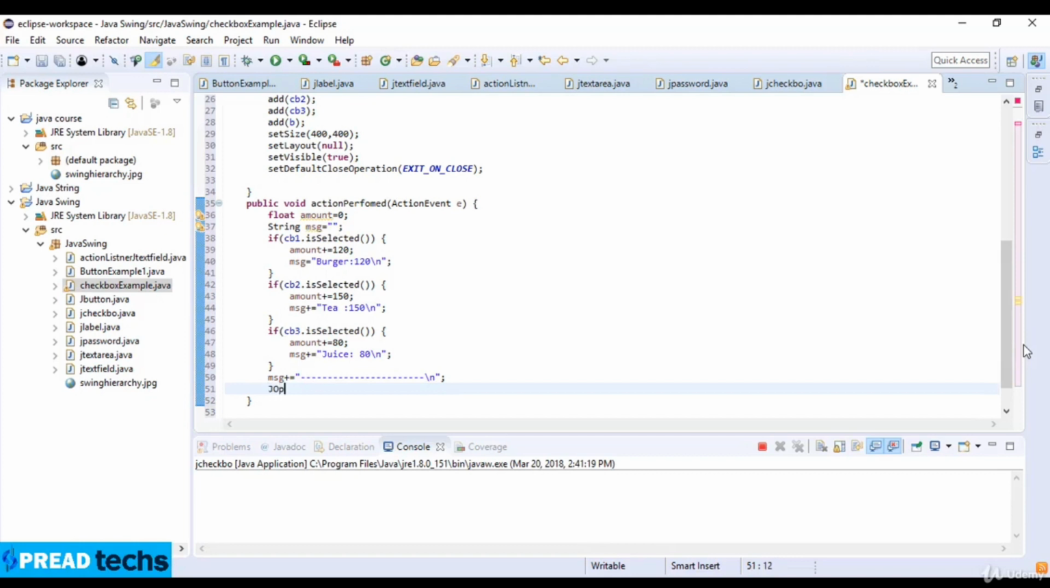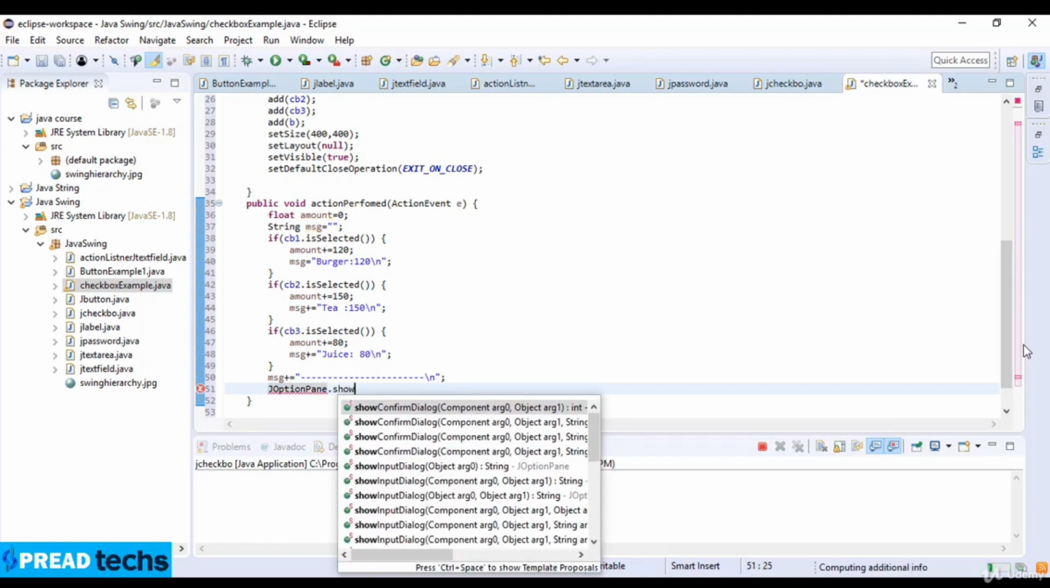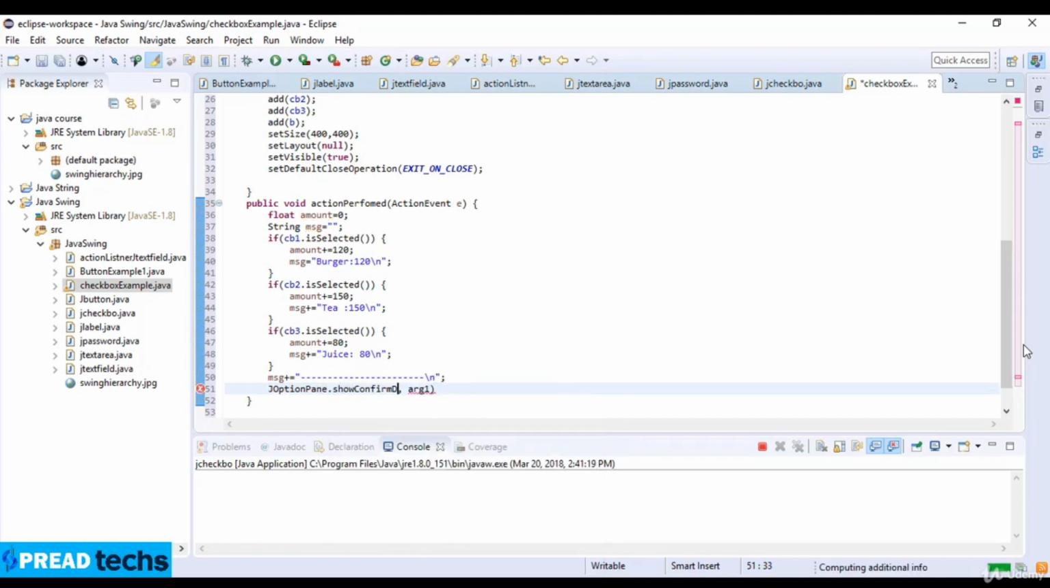and then JOptionPane. So this is important for showing the message. When you show the message, you will also use JOptionPane and then showMessageDialog. So this message plus total and then plus amount,